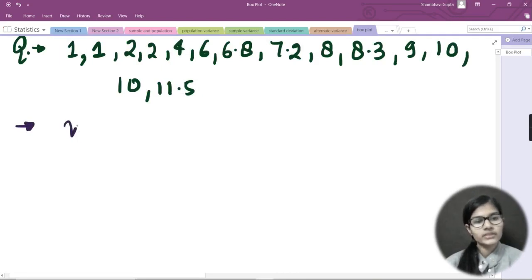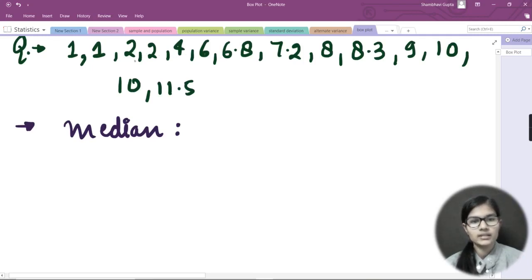Now let's firstly and quickly find out the median. Let's count the total number of points which I have here. So total number: 1 2 3 4 5 6 7 8, sorry, 1 2 3 4 5 6 7 8 9 10 11 12 13 14. So basically here I have an even number of points, right? So here I would be taking the middle 2 points for finding the median.